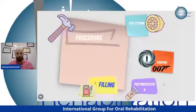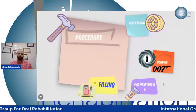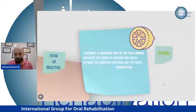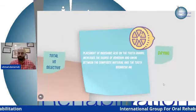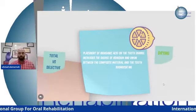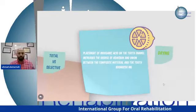Let's talk about the procedure. The procedures here, we have the acid etch, we have bonding, we have polymerization, and we have the filling. Okay? Let's say something about the acid etching. Acid etching, in simple words, uses phosphoric acid, from 32 to 40% phosphoric acid, to etch the